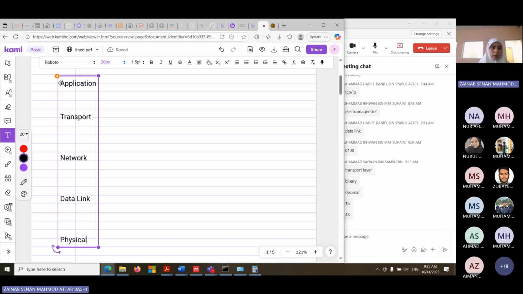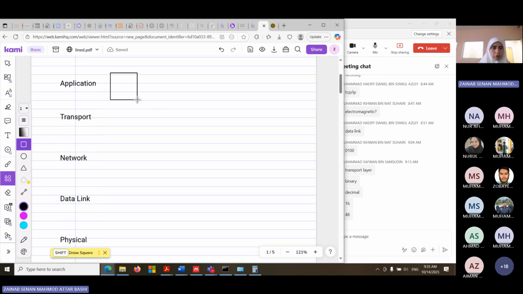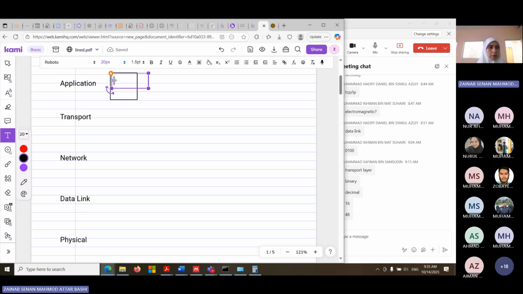Now, at the application layer, what we have is our picture, the picture we just showed. Let's say the picture is very small or very big, it doesn't matter. Let's say it is 1 megabyte, or let's say 4 megabytes. That's the size of our picture. I want to send the picture throughout the internet, maybe from the server to the client, or peer-to-peer. You know what peer-to-peer is? It's like no server, no client. It's just like WhatsApp. I send to you, you send to me. There's no server involved here, theoretically. But in practice, they have the server.